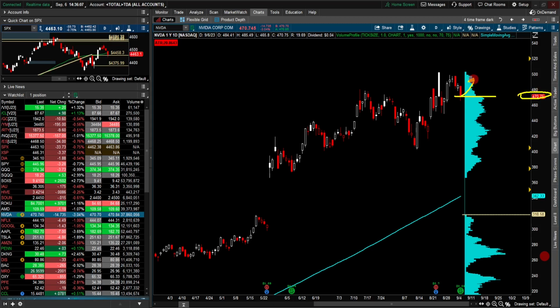And if we could get it back up here, then I'd be looking at the potential resistance here at 500 and see what it will do there. Now, if it continues to come down and makes it down toward this level here, in other words, if it breaks below this low here, then I'd be expecting the price to most likely